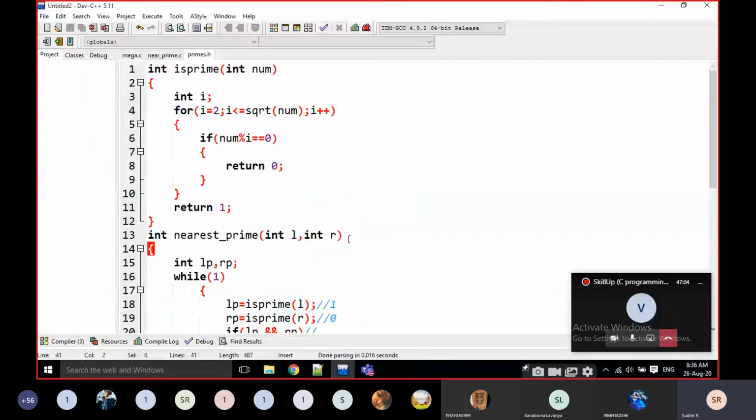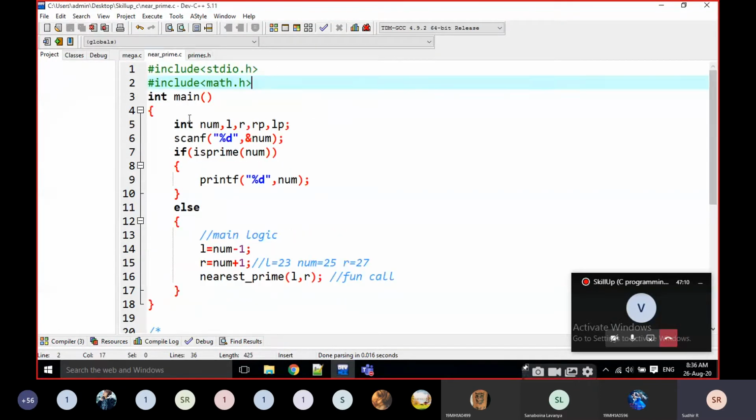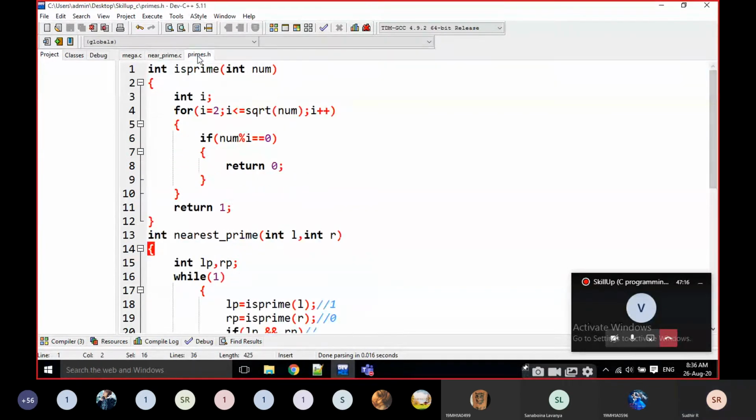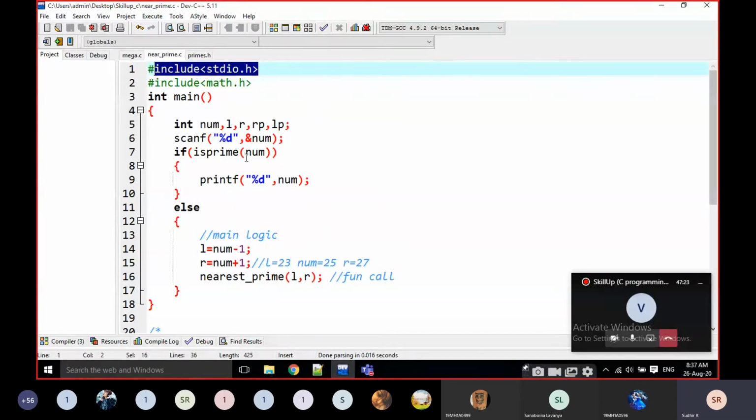That means what is the header file? The header file is just a C program. Every time, just observe here, this is also math.h and stdio.h, right? Here also what they are doing? It contains some functions, right? Here also it contains some functions. Okay.